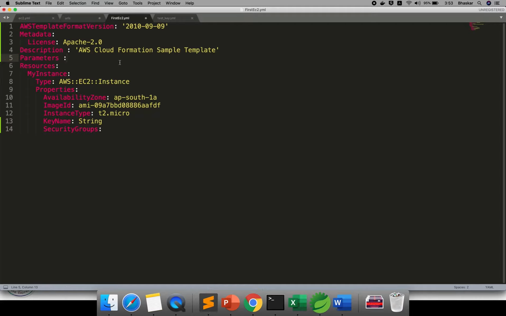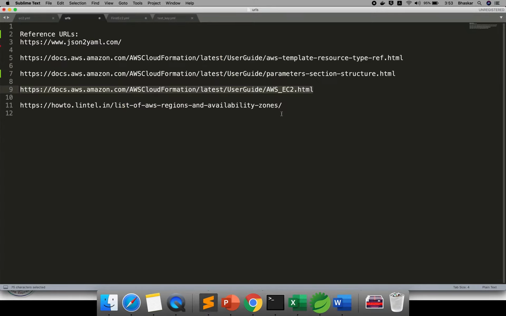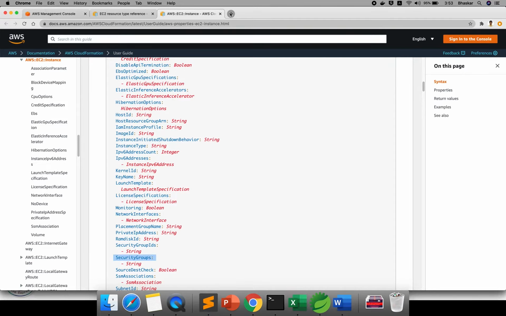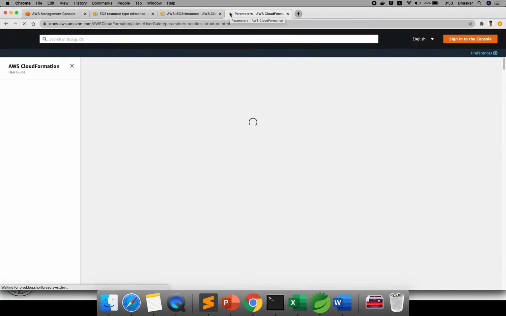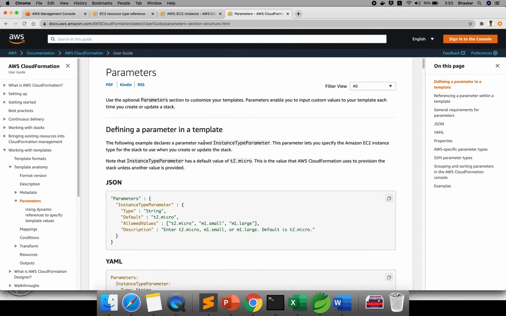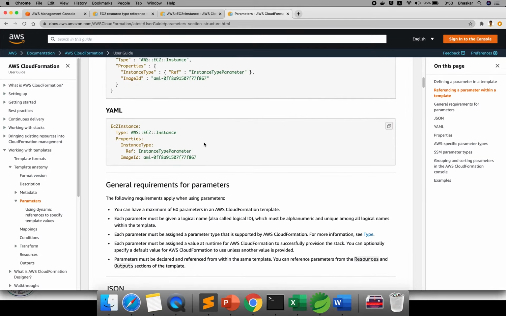Inside your parameters, I want to provide your key name. Especially for the key name, there is a URL available; just copy it. Let me go to the website. If you want to provide the key name type from this URL, if you come down, there are tags available.